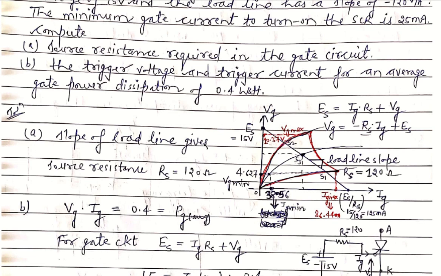According to this Ig minimum, if we draw a perpendicular line, we obtain Vg maximum to be 10.37 volt. And if Vg should be minimum, then according to this Vg minimum point, we calculate Ig maximum, which is 86.44 milliampere. This Ig maximum is closer to the load line characteristics. This is the condition for Ig maximum, the highly doped condition, and the voltage is 4.627. This is closer to our PG average curve.